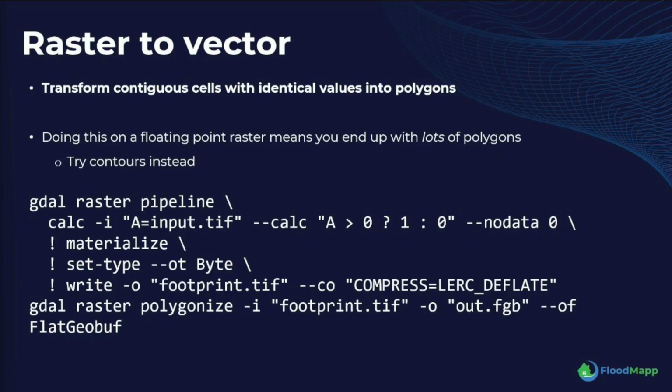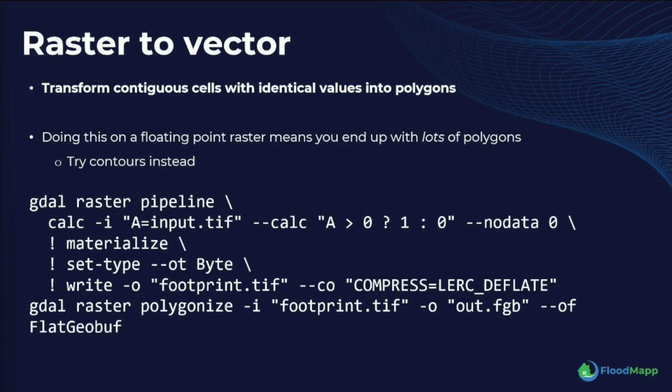Okay? This is one of those fun ones where there's a lot going on with this sample of code. But the reason there's a lot going on is because converting it to a vector without cleaning up your data a little bit, okay, means that you end up with thousands upon thousands of polygons and you actually gain a bunch of size because every vertex is more memory. So the first part of this is actually a raster pipeline, which is converting that data. And remember, because of that bug in GDAL, we have to do this over a few steps. This converts it into a simple